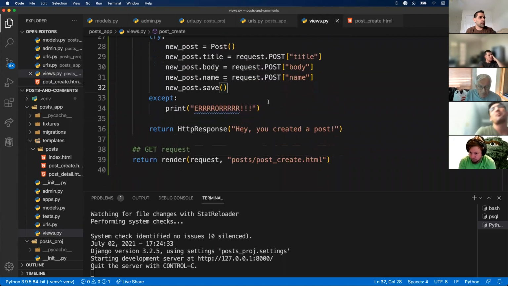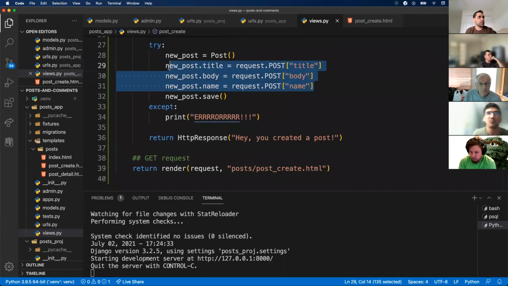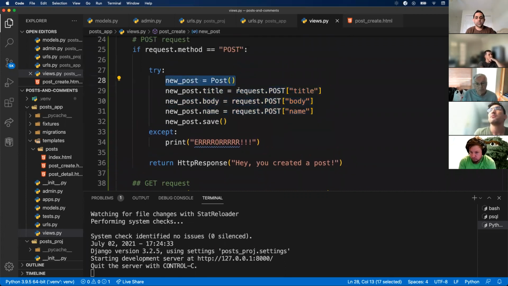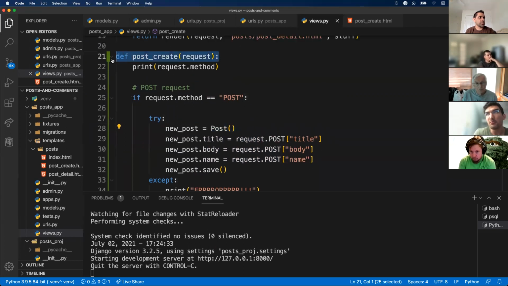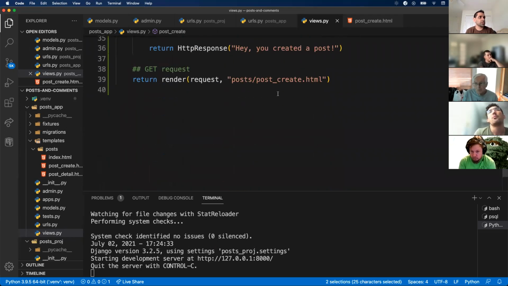So here we're grabbing values. Instead of creating a new post, you need to find the existing post. So your update method, if I can stub it out, is going to look very, very similar to your create method. So if I do post update,